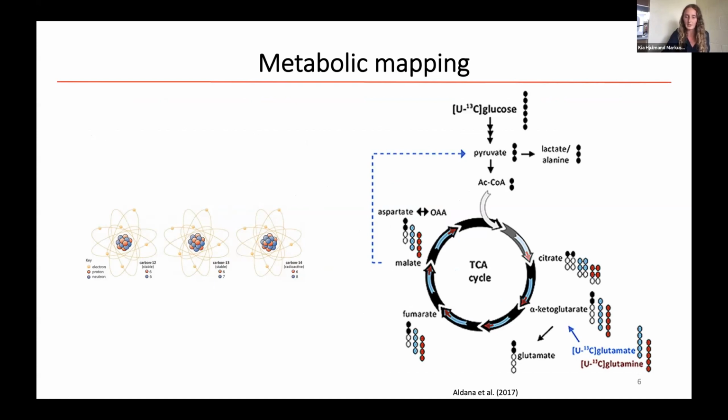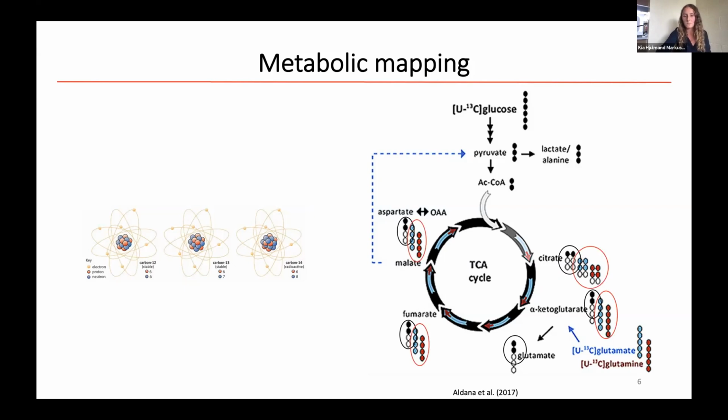So we substitute all the carbons for carbon-13 and then incubate the cells with this substrate. From here, you will have these labeling patterns arising, where initially two carbon atoms are labeled with 13C, and we can measure the decomposition all around in the intermediates in the TCA cycle. Similarly, if you incubate with glutamine and glutamate, you'll get these labeling patterns of M+4,